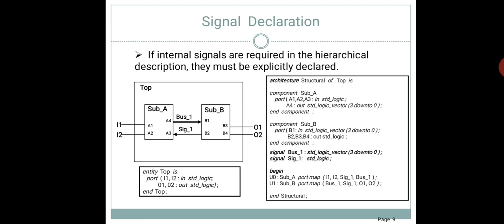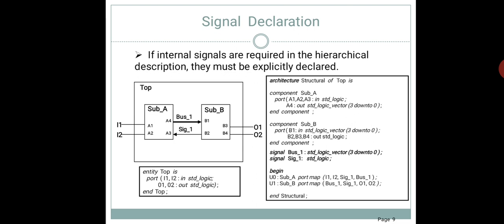If internal signals are required in a hierarchical description, they must be explicitly declared. Now here we have subunit A and subunit B. In order to connect these two units, we need an internal wiring or internal connection. For performing this internal connection, we need to define a signal.